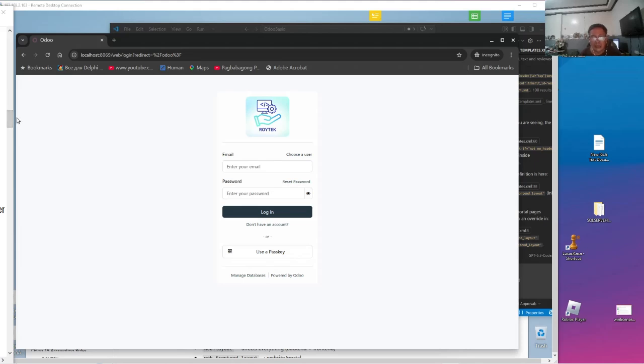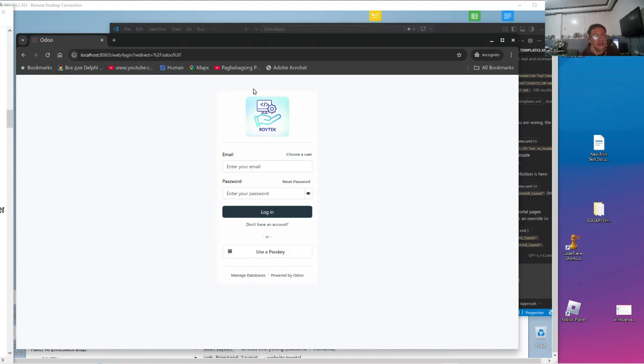I am creating this special episode because somebody asked me if we can possibly customize the Odoo login screen. In fact, he showed me a sample of a login screen which looks like the background of our Mac web theme. Now, it's a little difficult to customize the login screen with the Mac web theme because it may be in conflict with the existing styles used by the theme itself.